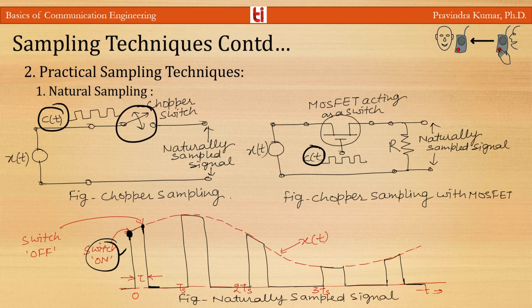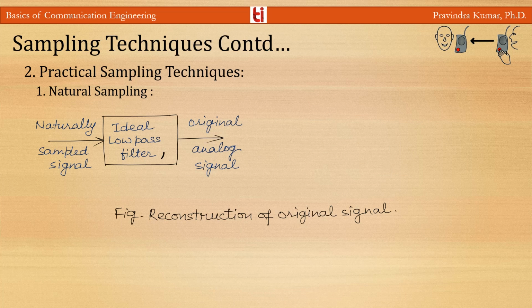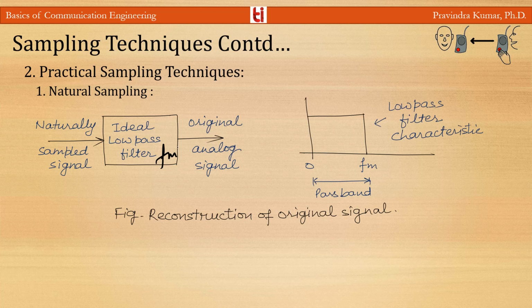And this is the natural sampled signal here. With natural sampling, a signal sampled at the Nyquist rate may be reconstructed exactly by passing the sampled signal through an ideal low pass filter with cutoff frequency fm, where fm is the highest frequency component of the signal. So this filter has the cutoff frequency fm, and this is the low pass filter characteristic, and the bandwidth